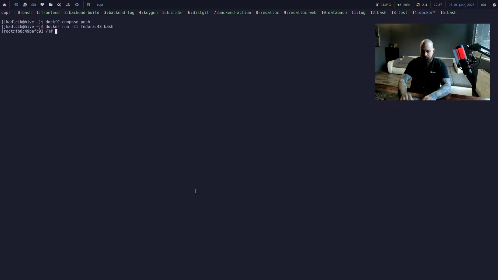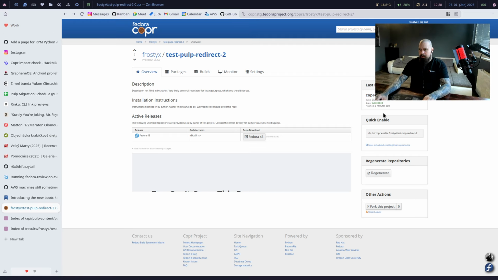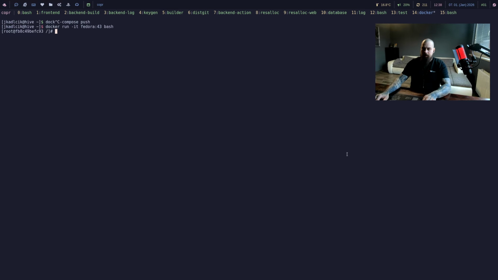So we are inside of a container. We will enable this project just to make sure it works. DNF copper enable, we will need to, however, specify that we want staging